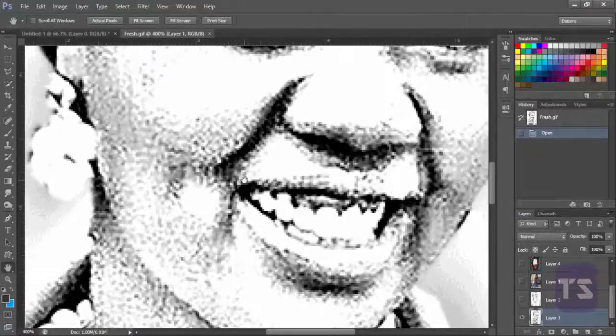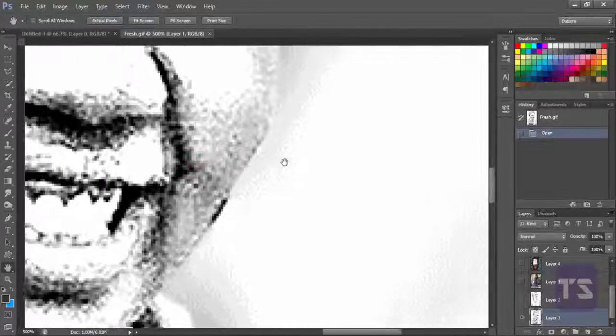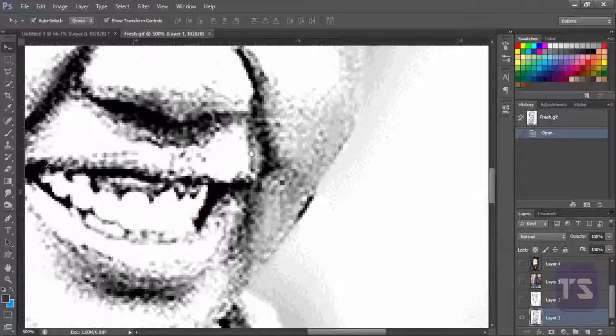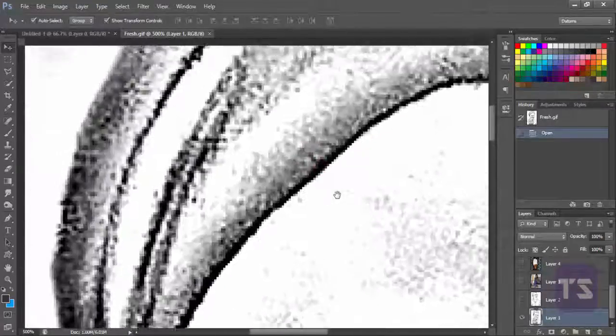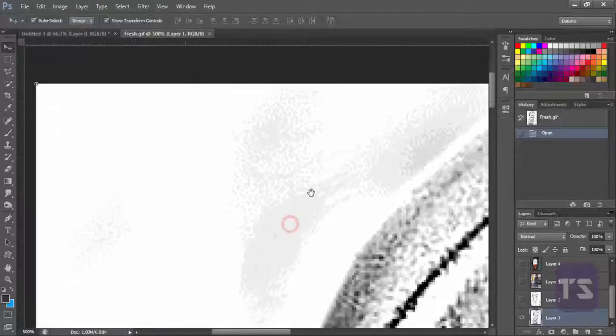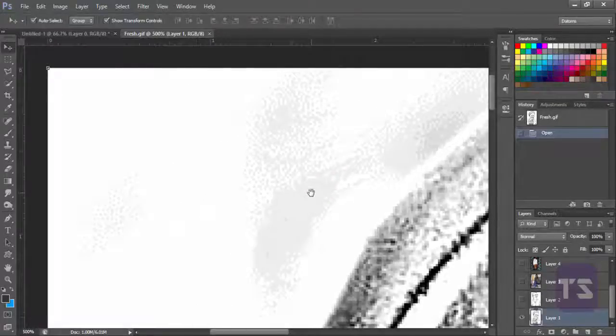Then you can use your spacebar as the panning tool. Now when you press and hold your spacebar, it changes to the panning tool, and you can pan to any direction of your choice. Okay, now immediately you release the spacebar, it changes back to the selected tool. Okay, now the spacebar changes